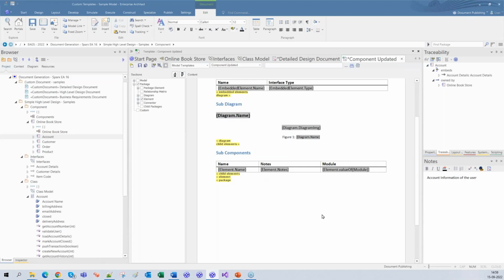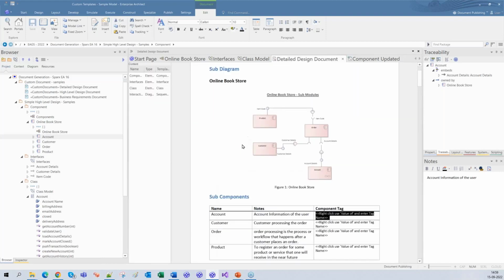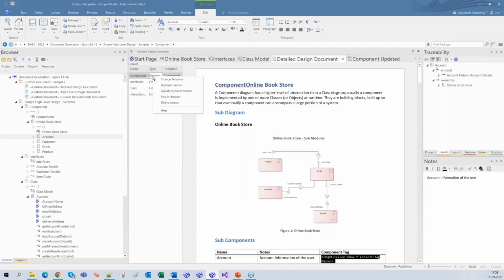I say okay. So that's all I have to do, and to fetch this tag. Now I have to sync up this edited template with the document I just published some time back. So what I have to do is right click on this contents, and I want to change the template here. So my existing template,